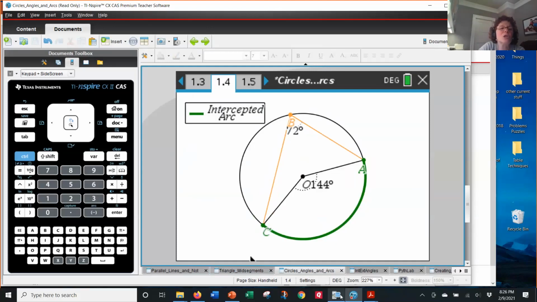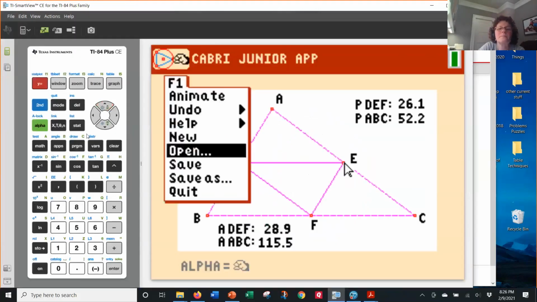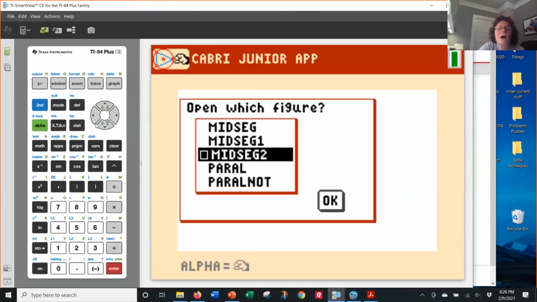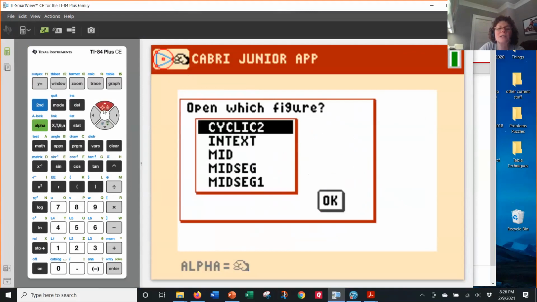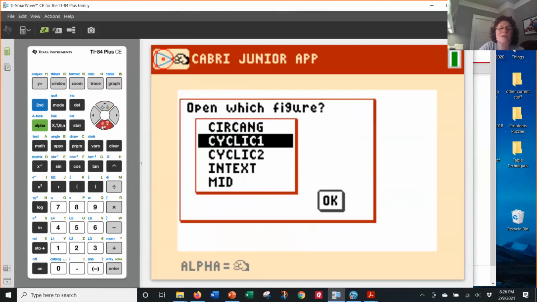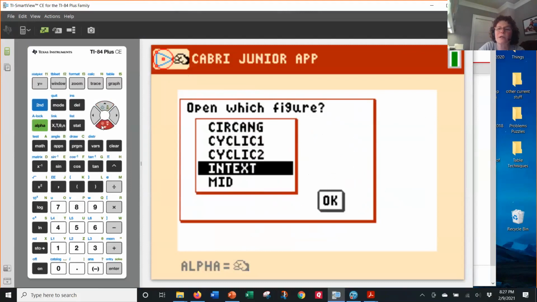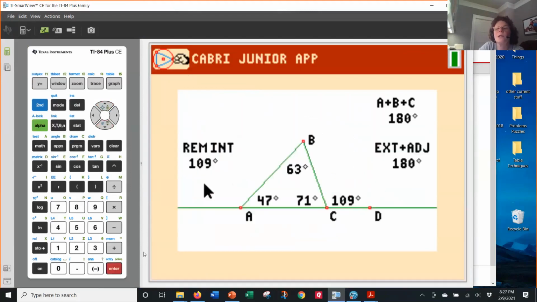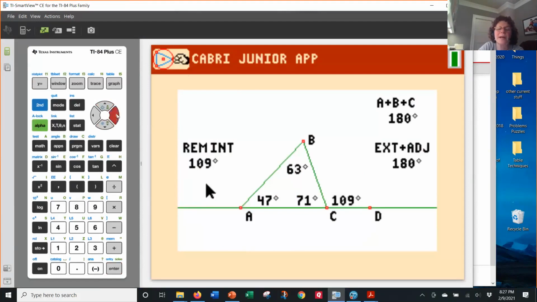In Cabri Jr., I actually did some of the measurements. I have the measurements done on the circle angle. Let me show you interior, exterior again. Very, very quickly. This file has all of the interior angles and 1 exterior angle selected or measured on this triangle. And when students drag and observe,